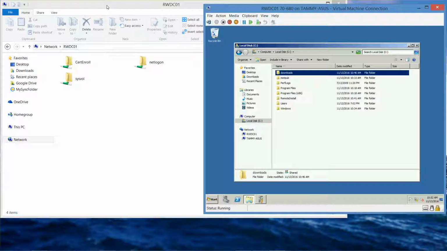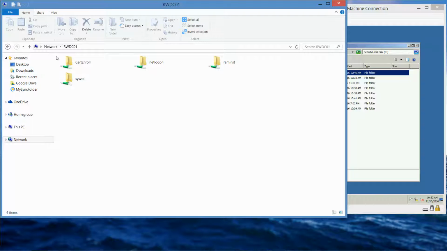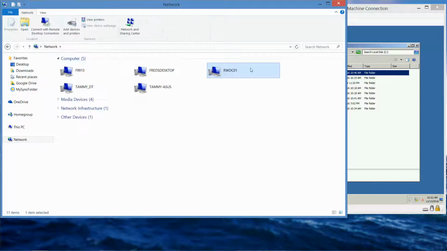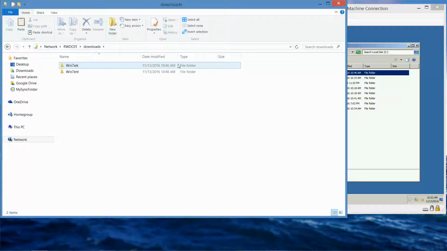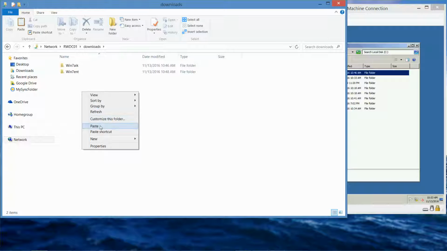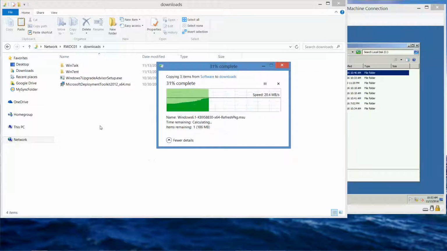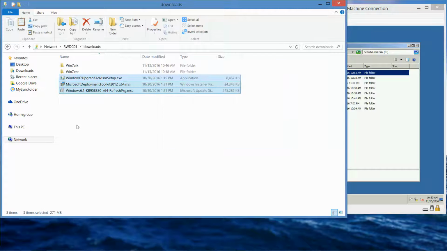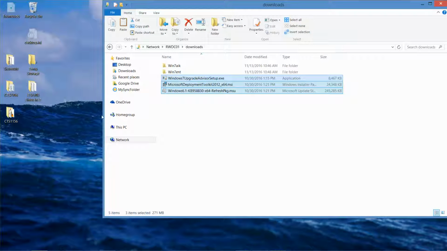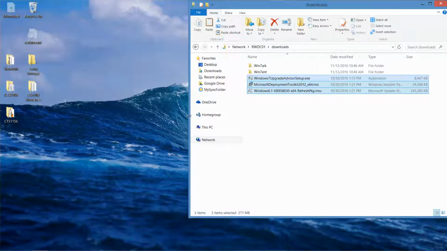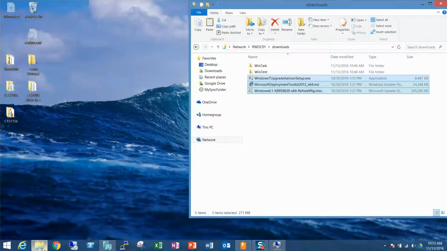Now if I flip back to my live machine, network, RWDC, there's my downloads folder, and I'm going to right click and paste those files that I had in here. And then I'm just going to move this over here because this is actually going to serve as my copy to paste to. Okay. Now the other file I need